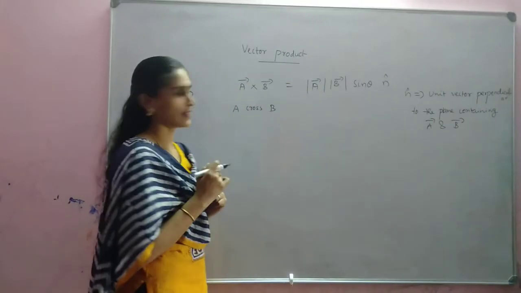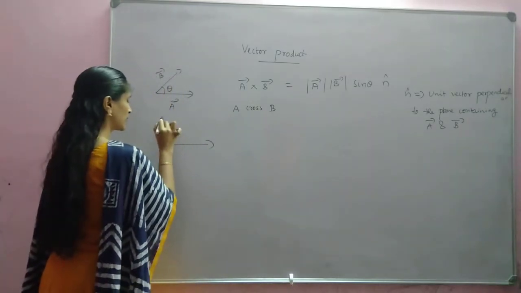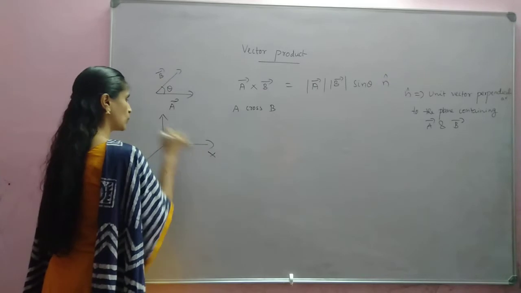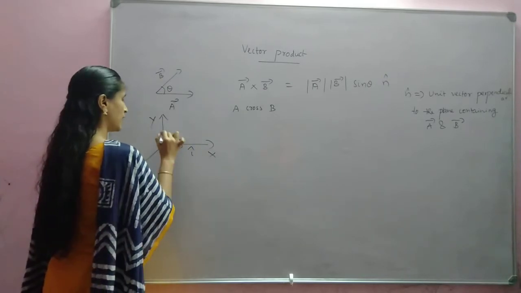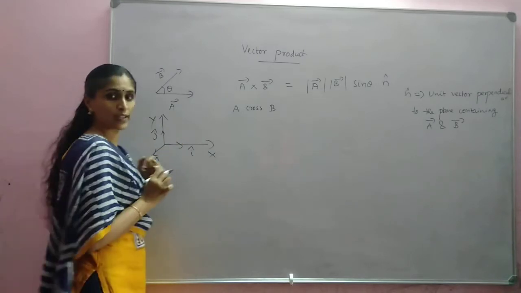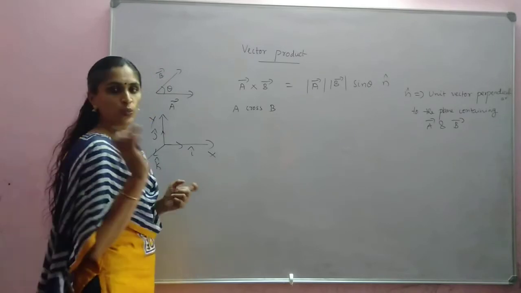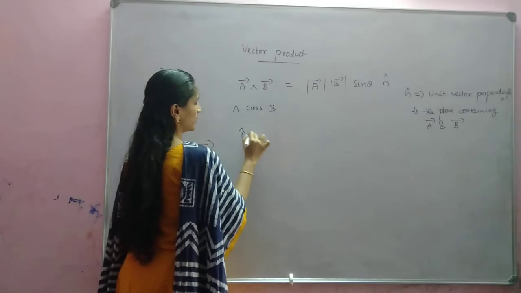How we will get that, we can discuss. We discussed I, J, K everything there. So here, the X, Y and Z axes, and I cap, J cap and K cap are the unit vectors along X, Y, Z directions respectively. We have to find what is I cross J. So how to find I cross J?